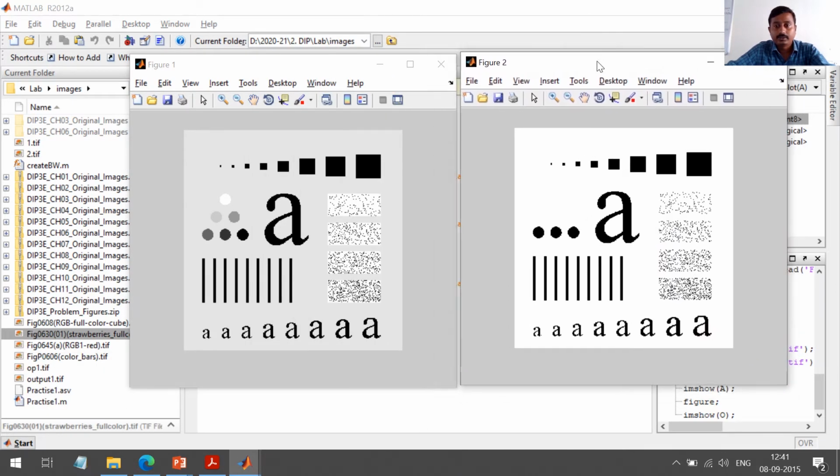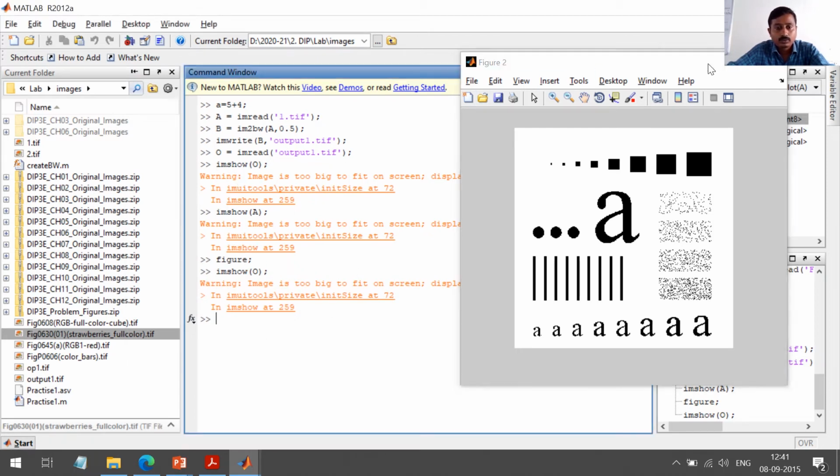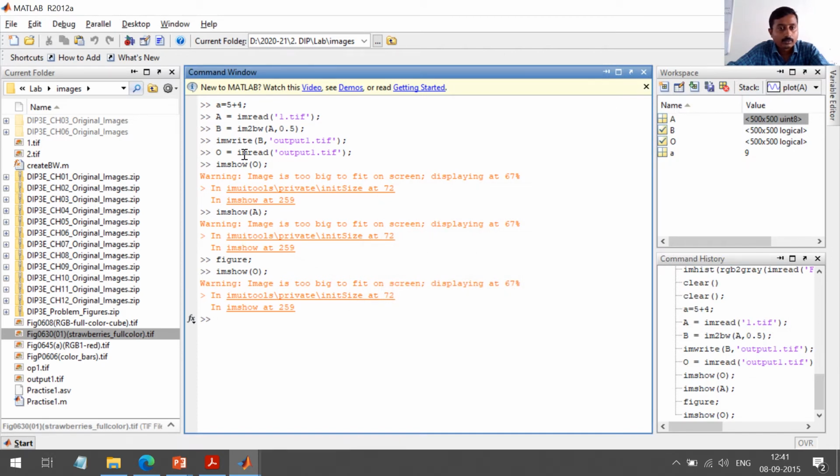Now see the difference. As you can see, these three circles are not visible here in the black and white image. Why? Because we have set the level of thresholding in the im2bw function, which does the thresholding, and we have provided a thresholding level of 0.5.